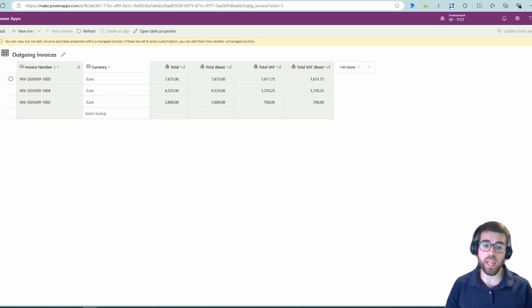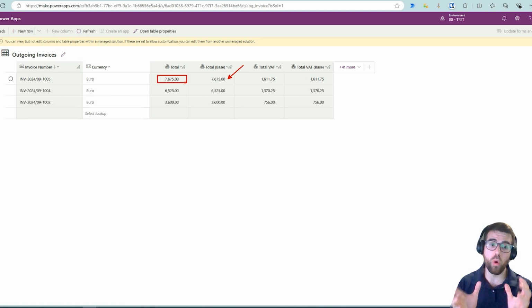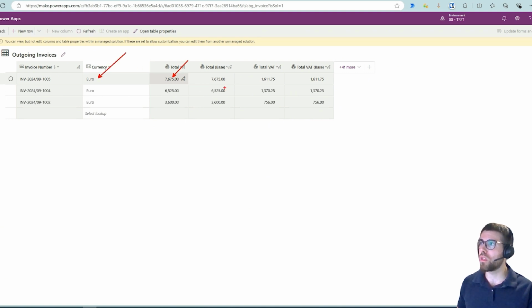Now this total base currency is the way to have a reference to what is the reference currency for our environment. When we create a Power Platform environment from the Power Platform Admin Center, we can select the base currency and the base language. Language can be any, Spanish, English, whatever it is, and currency, the same. We can select different currencies, Euro, GBP, US dollar, Canadian dollar, whatever it is. And that base currency is the anchor that we are going to look at in here. So for example, when we have to create a financial report, we won't use this column to have all the data in the same currency. We'll use this value over here,